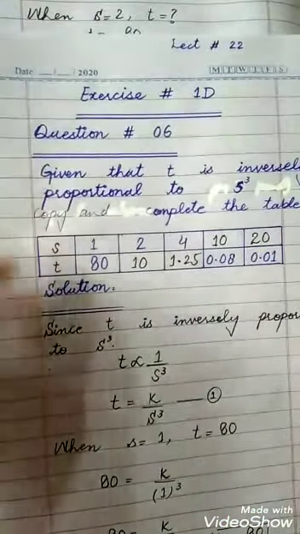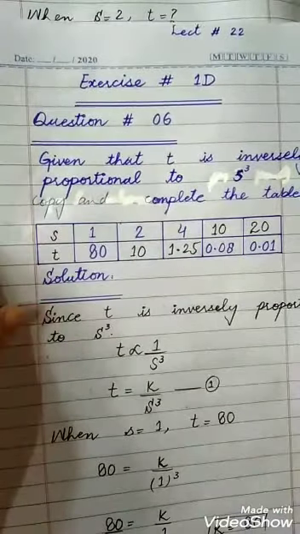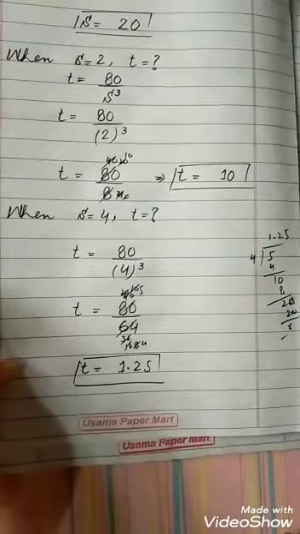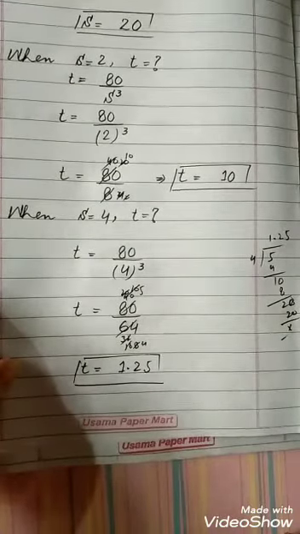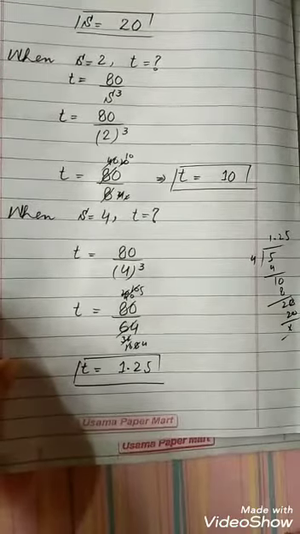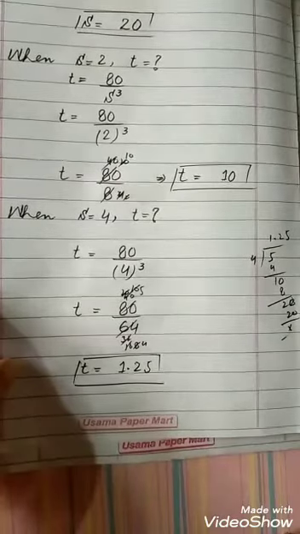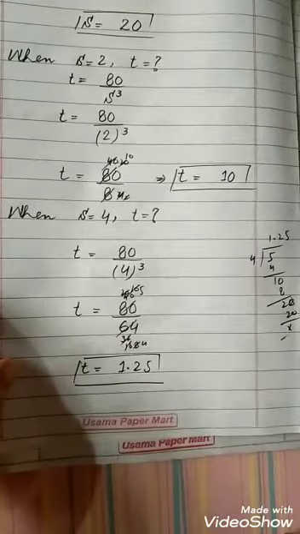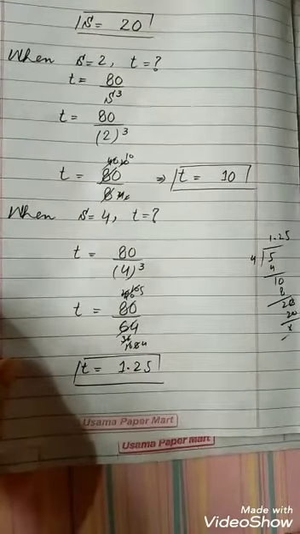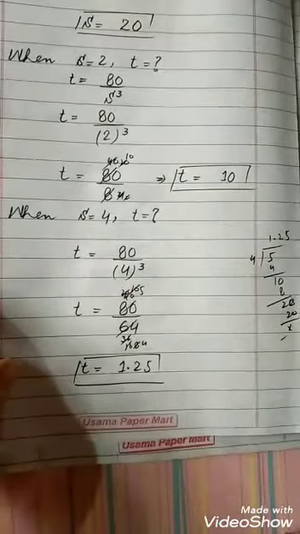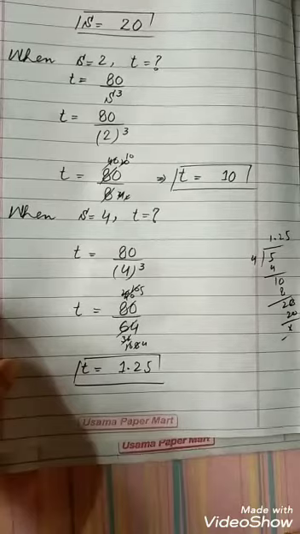So students, this is question number 6 of exercise 1D which we have done today. It is a very easy question. You have to solve this question frequently and do it in your registers, because you have already done a lot of such questions. So it's easy to understand how to fill the table by using a few values and find out the missing values. Students, today's question is just this one. Next lecture, inshallah, I will start question number 7 and 8.